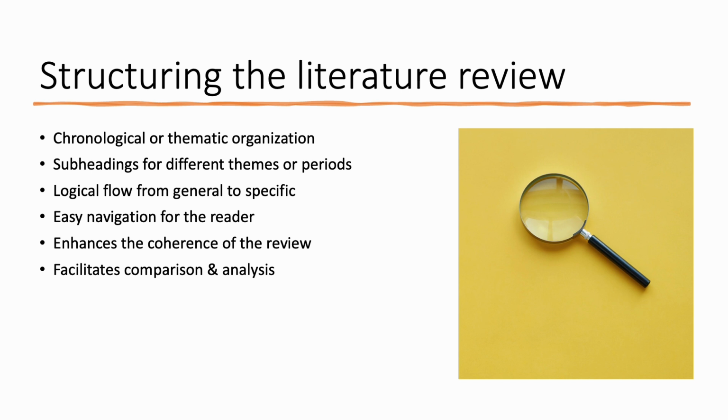The way that we lay that out could be in straight text, so you can write sentences, paragraphs, and pages of literature review, or you might want to include things like pictures, tables, and other photos or illustrations to help guide your reader and break up the potential monotony of text after text after text. It's also important not to repeat yourself too much. If you've already said something in the text, you don't need to have a table and a figure and a photograph on top of all of that. If you've said it once, that should be enough for the reader to understand how you're doing it.